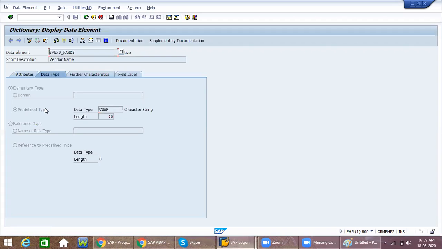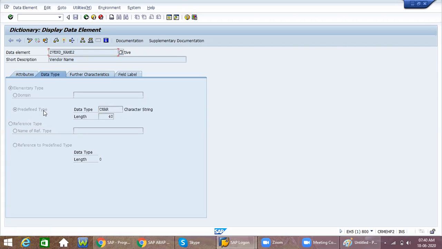If fixed values are not there, and even range values are not there, then you can go with the predefined type. But in the future, fixed values and range values may come, and in that situation the predefined type is not suitable.